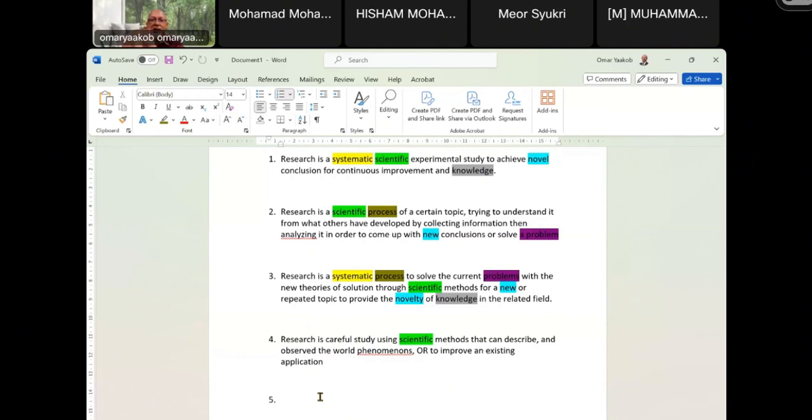How do you combine those keywords that have been mentioned many times in these chosen definitions to be crafted into one sentence? So research is